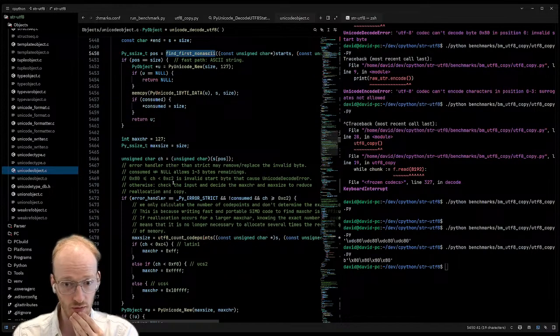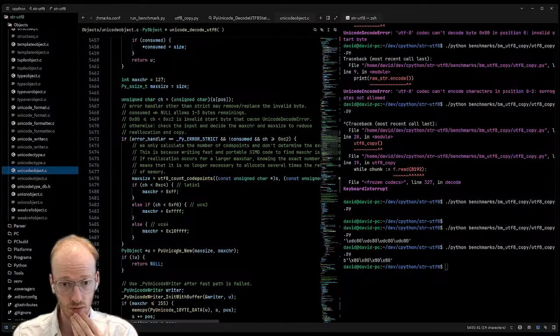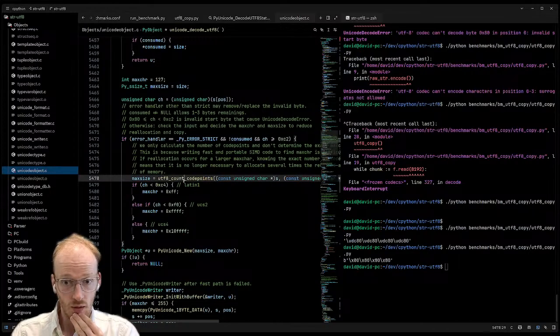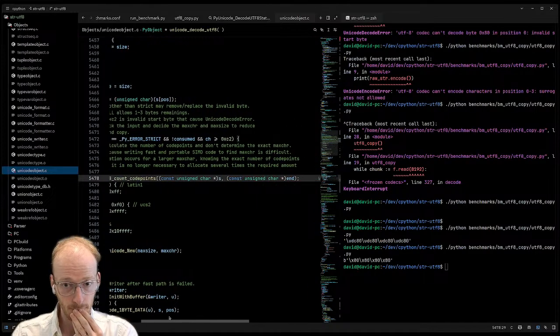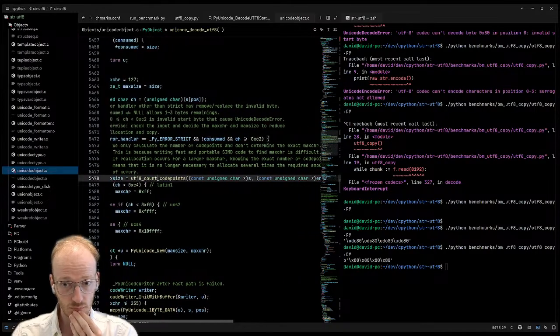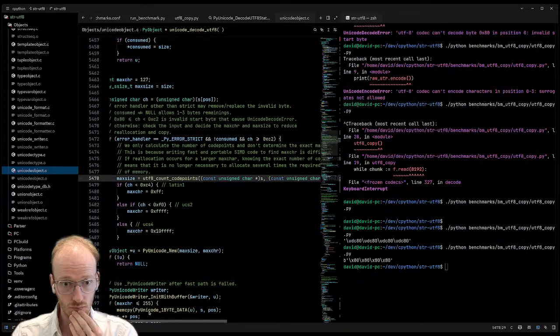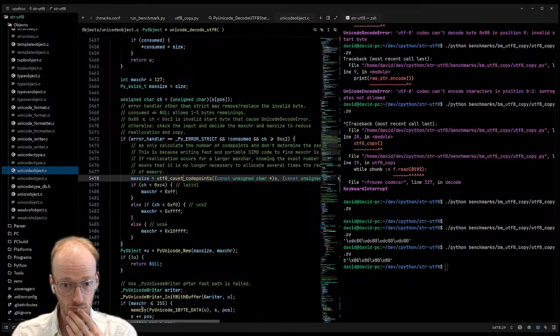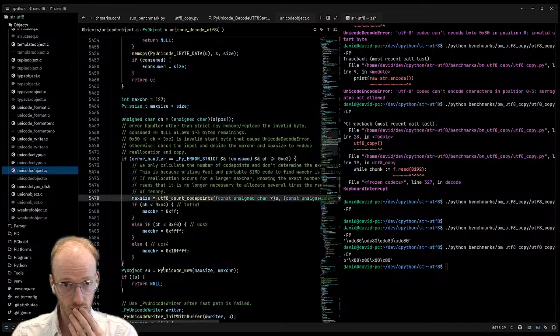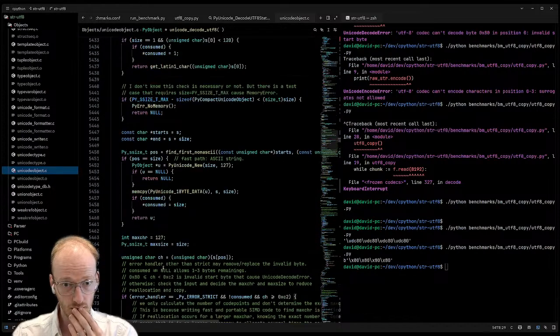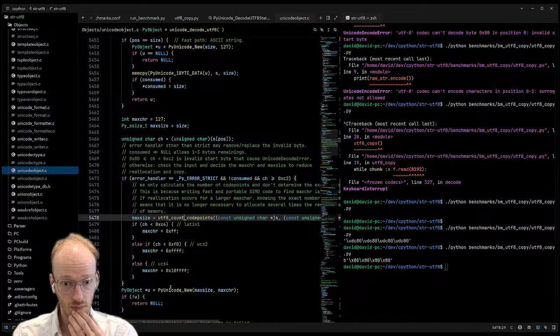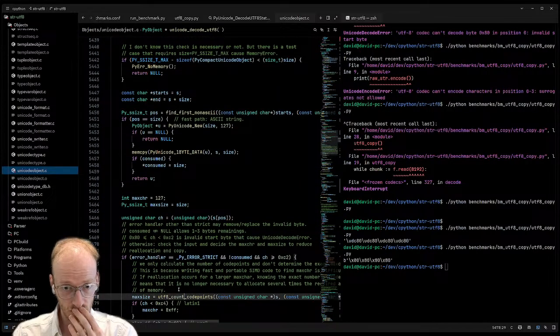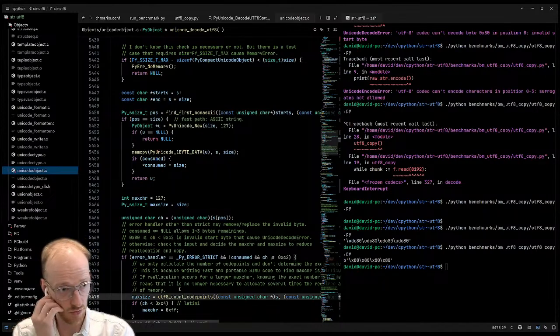Because what happens next? Otherwise, it tries to... Okay, it does some code point counting. So I think what we need here is just create the string with the UTF-8 storage and then check it, and use the error handler on the buffer.